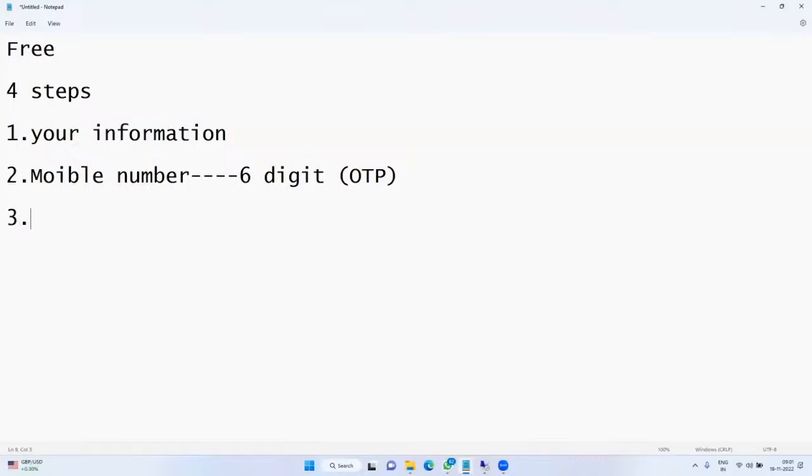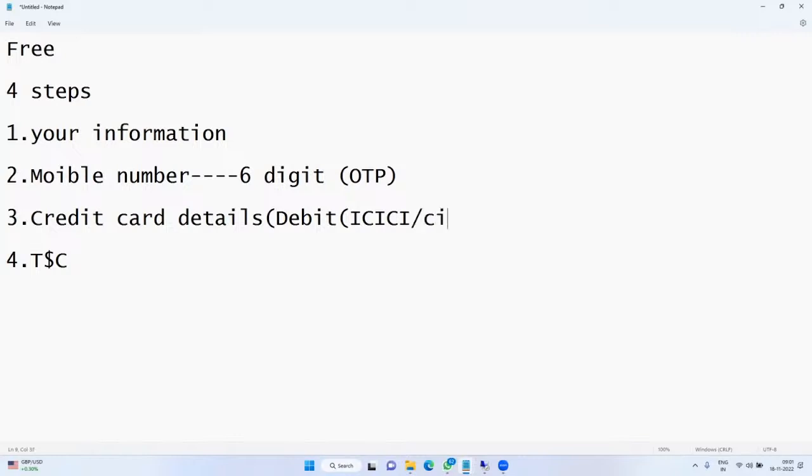So third step, enter the credit card details. Credit card details are mandatory. Without credit cards, we cannot create an Azure free trial subscription. Okay, so fourth step is debit card. Can you use the debit card in this? Debit cards are very limited. So debit cards, they are accepting only ICICI, okay, Citibank, and the other one is Kotak Mahindra. And also we need to enable the international transaction, right? No, no, no, not required. Okay, not required. These are debit cards.